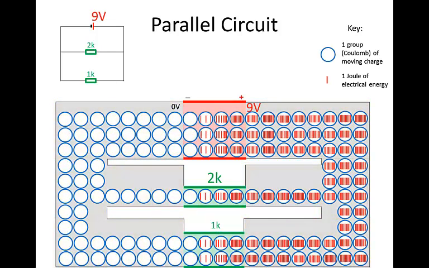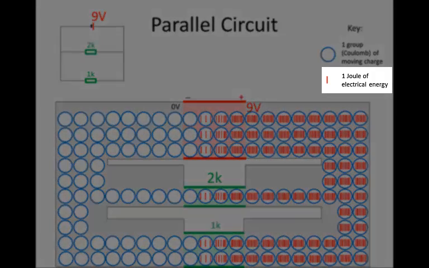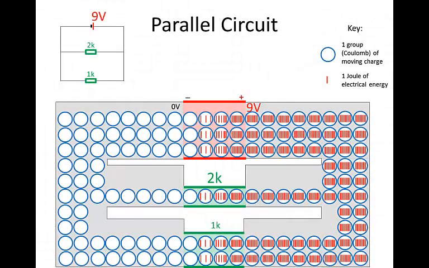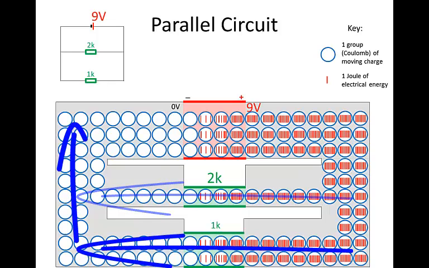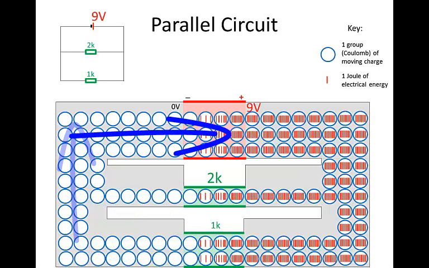You can see that some of these blue circles have many red lines, some have fewer, and some have no red lines. What do those red lines mean? Each red line stands for 1 joule of electrical energy. We must imagine these blue circles, these groups of charge, moving out of the positive terminal around the circuit, either through the 2K resistor or through the 1K resistor, joining back up again to go into the negative terminal of